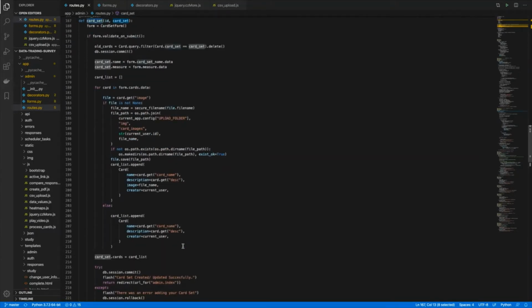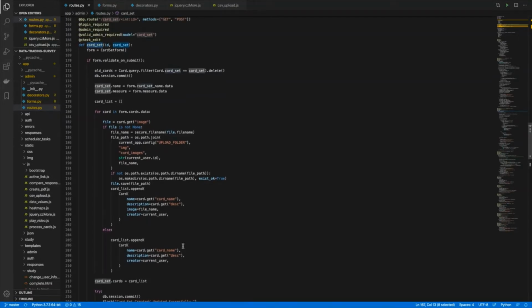So both the card set and user group endpoints follow a similar pattern to the study endpoint, either processing form data or populating field data, but notably different as a result of using this hierarchy where cards belong in a card set.